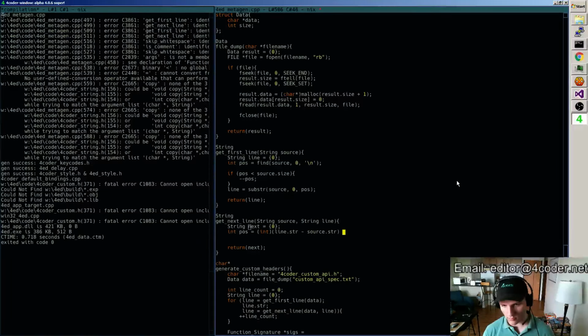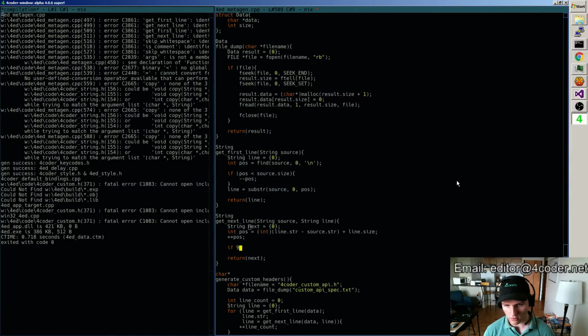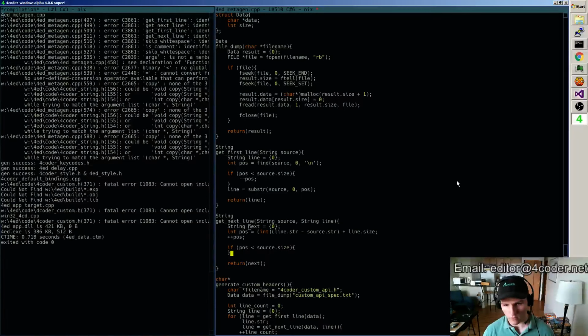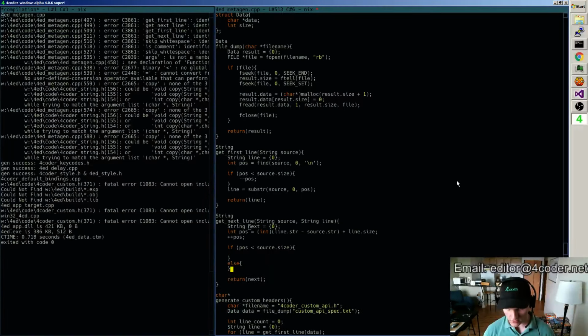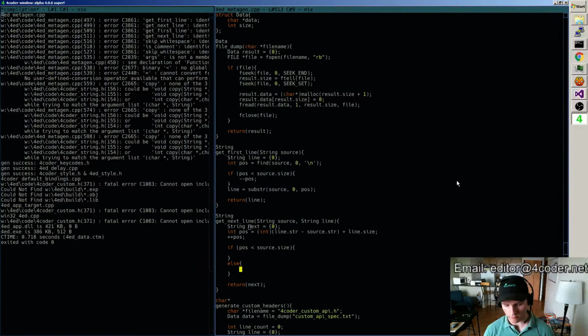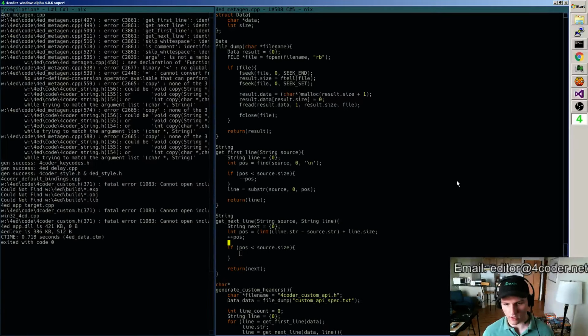So that gives me the position I'm at plus the line's size, and then we're going to add 1 and say if position is less than source size, then what we want to do is blah blah blah, else, well, otherwise we just return this null string, I guess. And let's see, we increase the position.